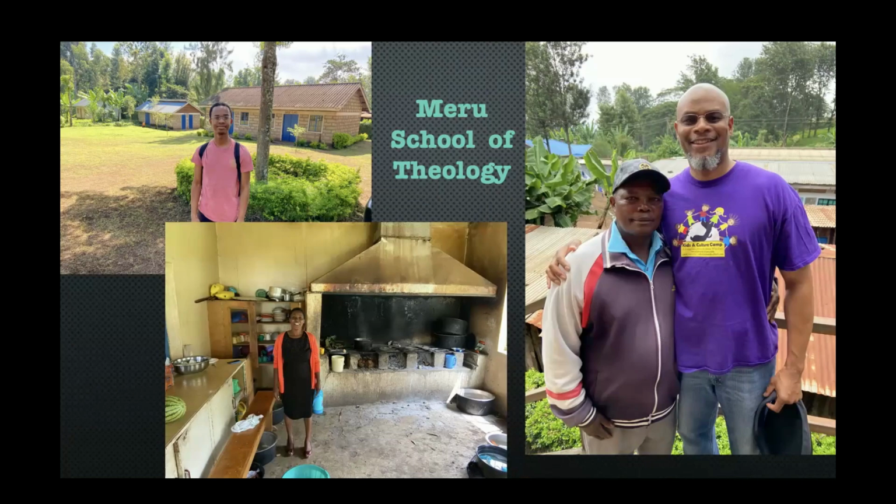But in the picture at the top left, you can see the classrooms again. And then at the far left, in the back there, is the bathroom facilities. Not like our bathroom facilities, it's basically some holes in the ground where you'd have to use the bathroom. That little orange thing you see in the photo, that's the station for washing your hands and so forth.